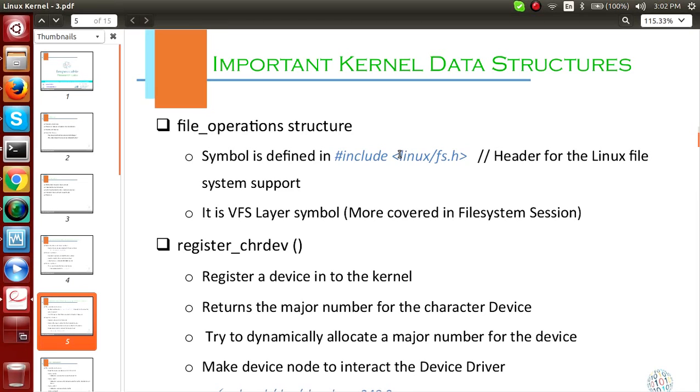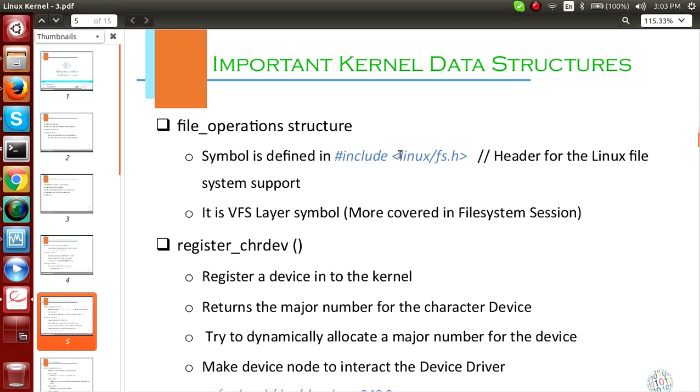There is a file representation, and you want to read, write, do sync operations, different kinds of operations on that file. There is a set of function calls, basically fops in the file system, for which you can create an object and assign those function pointers to your own functions. We'll see how we do that.